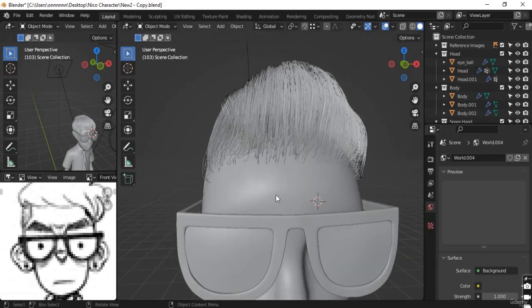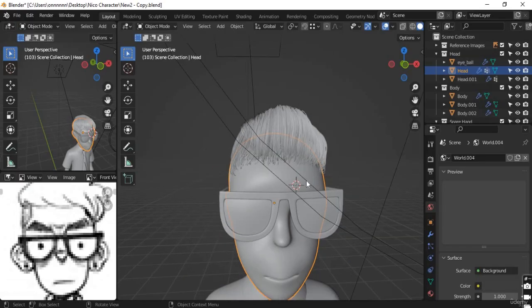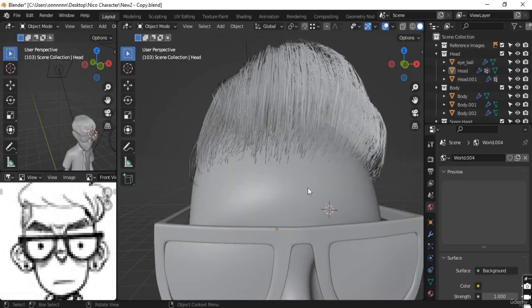But let me just do it with you here so that you won't have any issues or troubles doing it on your own character. So let's get into this. First of all, I'm going to do this in a slightly different way. This time around, I'm not going to do it directly on the surface of the head. Right now, I'm going to use a different mesh. So I'm going to Tab in, click on this